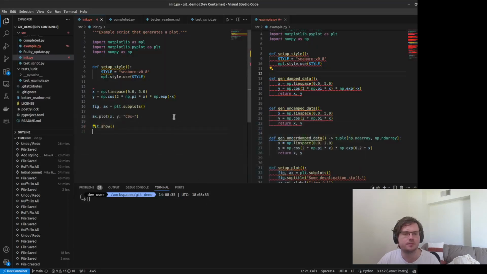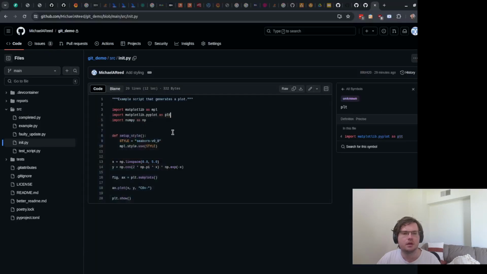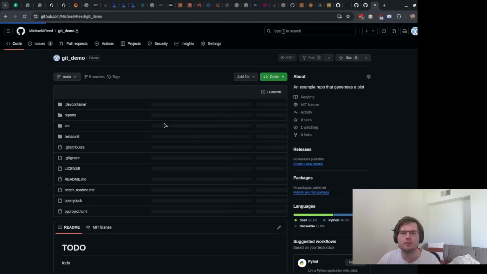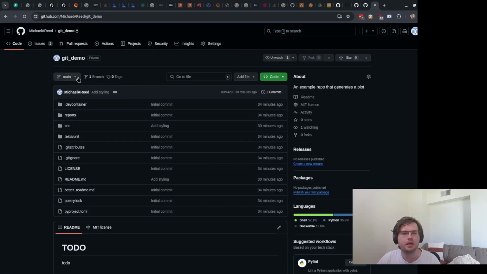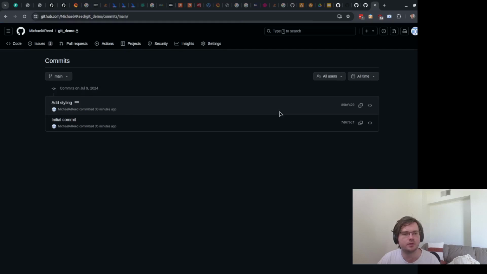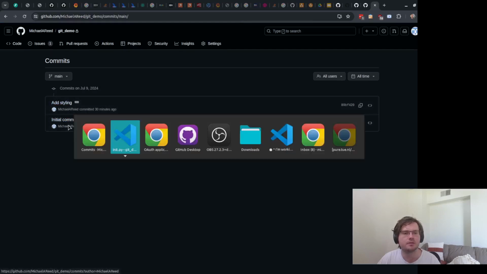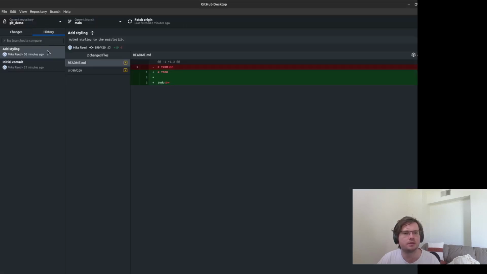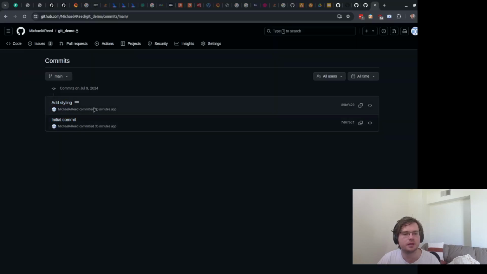Sorry, this one here. And then the other interesting thing is that all of the information about different versions of your code, the different commits, is also saved here. So you notice that in this case we have 2 commits. And remember, a commit is a saved state of your code. So if I go there, this is exactly the same information that I had stored on GitHub Desktop. If I go to history, add styling and initial commit are the 2 different states, and even the times are the same. It also shows that it was me that made those changes, etc.